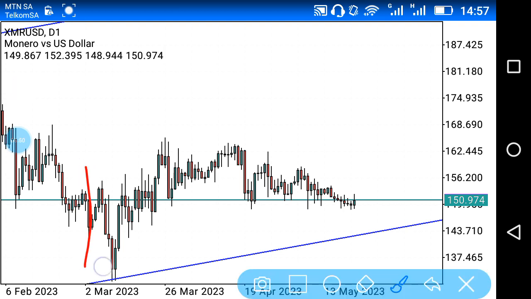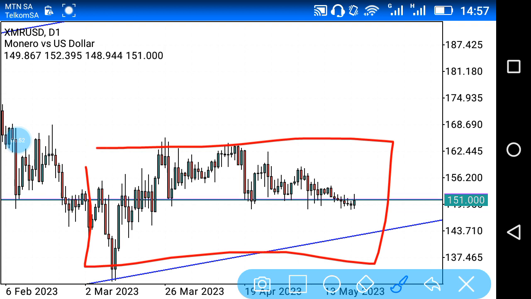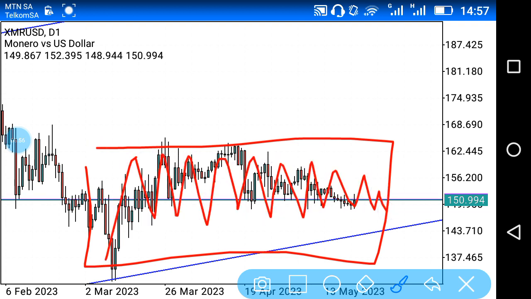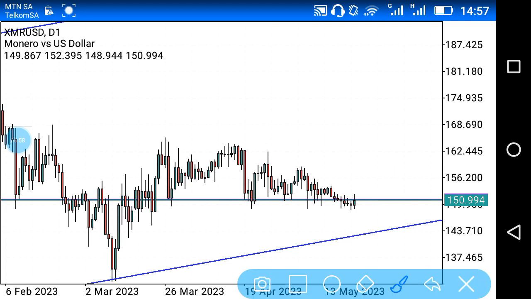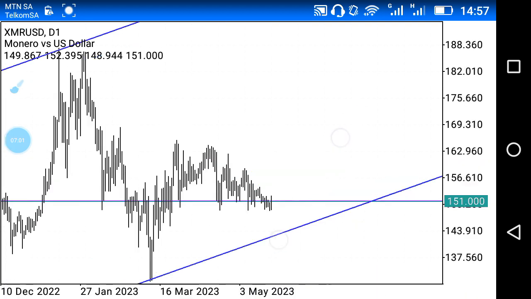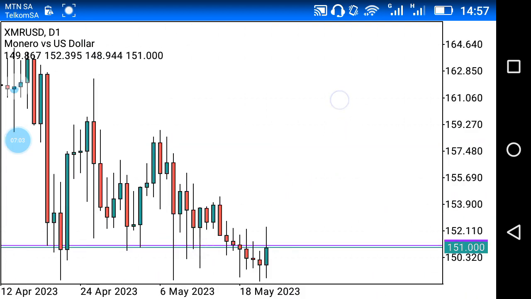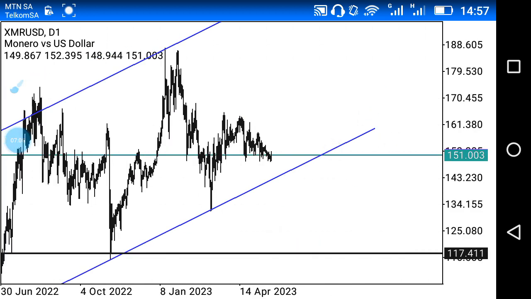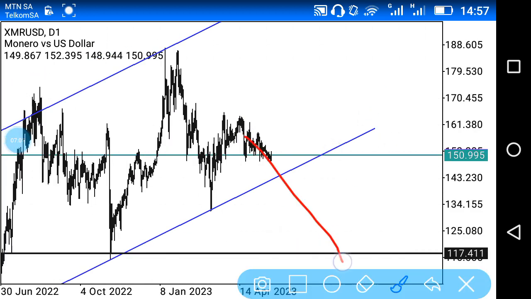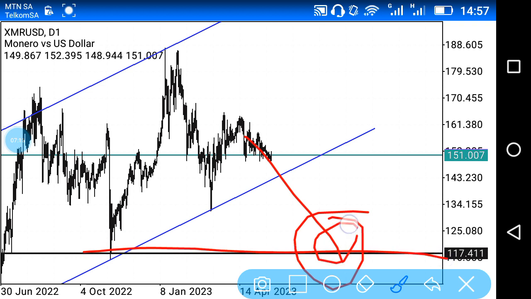Other than that, in as far as XMR USD goes, I don't like this chart actually because it's a bit messy, and if we actually pay attention to this area, we can see that the market has been moving rather sideways for some time. To add to that, I would say that buying or selling at this point in time is very, very risky, and myself personally, I'd rather wait for the market to move down to around this level, which is where we have that huge candlestick, which is a liquidity candlestick, and at this point I may potentially look for those